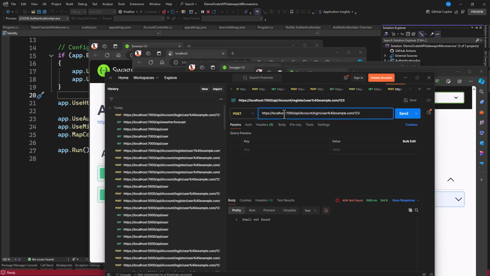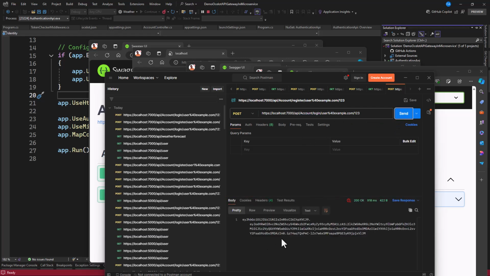Alright, so we just started, so you have to create. Let's say this is register, send, user created successfully. Now let's log in. Now you must have a token, and great, you have it. So let's go and copy this token.